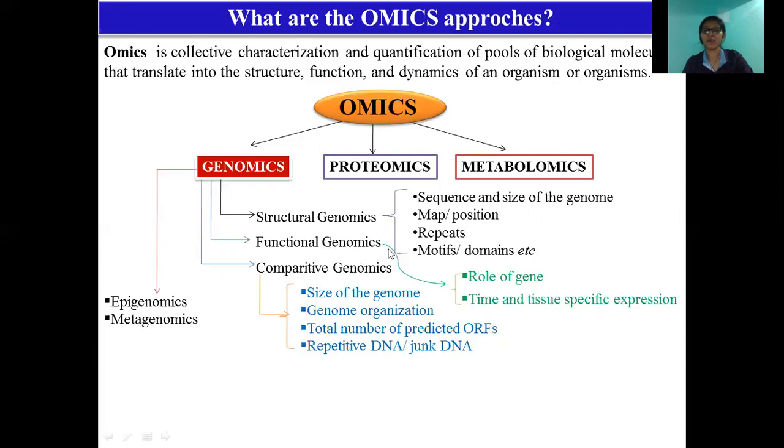This is more important, because in functional genomics you use the mRNA as a parental material. You identify what different transcripts are synthesized in the cell from the DNA. You identify the function of that particular gene in functional genomics, or in transcriptomics. And why is there a necessity to identify that transcript or its abundance in the cell? Because you know that whatever genes are present in the cell, most of the genes are regulated.